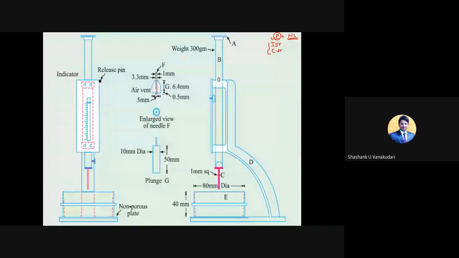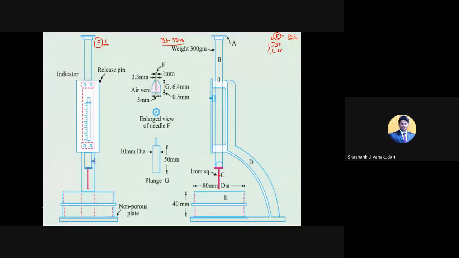I said that the penetration value should be 33 to 35 mm. Correct? So you should go on adding the percentage of water, and you have to note down every trial's initial reading as well as the final reading. At some percentage of water, you will get the penetration value of 33 to 35 mm. At what percentage you will get this result, that value is your P value. Got it? In this Vicat apparatus, that percentage is the value of P.